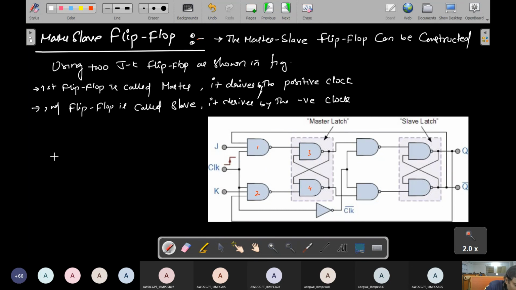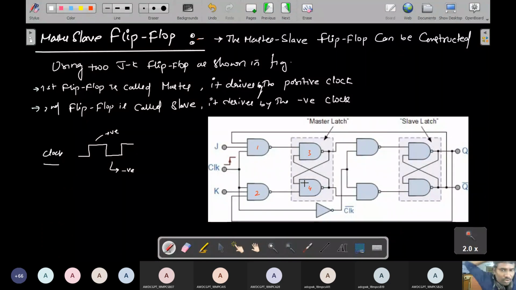So what is the clock pulse direction? A clock pulse is nothing but low, high, low, high, like this. This is called positive clock and this is called negative clock. Right now I'll give a positive clock to the first master, then it is inverted for the slave. The slave is connected to the inverted first clock. Here we are using the positive clock through a NOT gate, so that's why the slave gets the negative clock. So positive and negative clock. The operation is very easy.